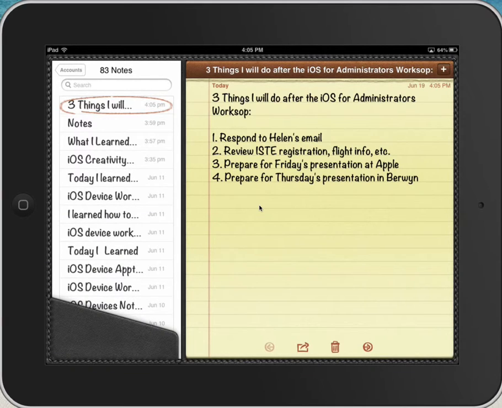If you have text-to-speech turned on in your settings, under the accessibility settings, you can actually listen to your notes. So let's say you're preparing for a presentation and you typed down a little paragraph on what you wanted to say to parents or to your staff, and then you want to hear what it sounds like. You can tap and hold,